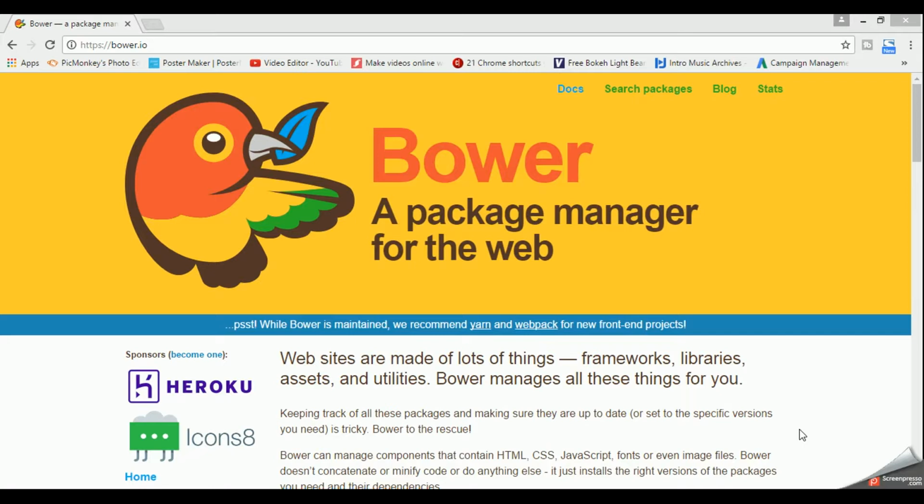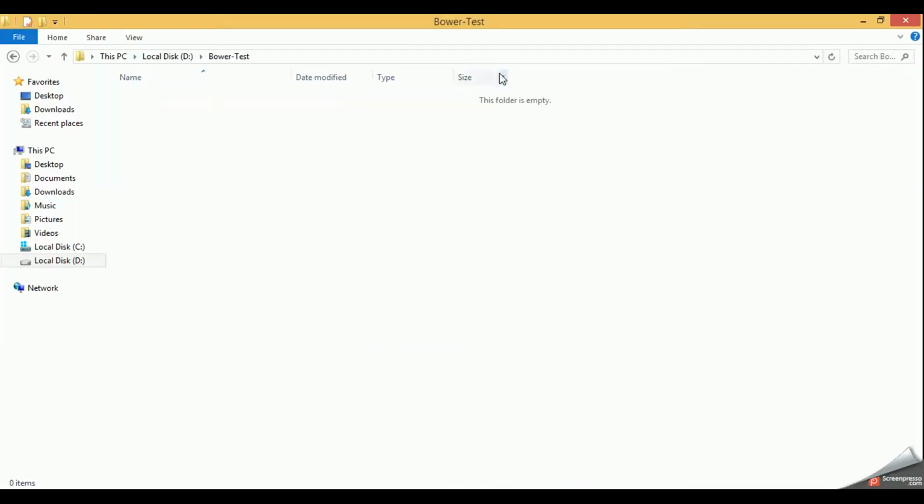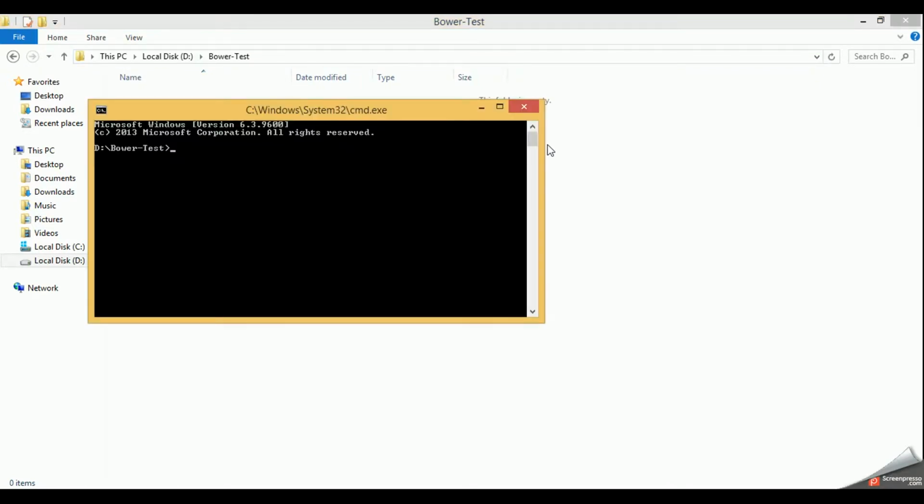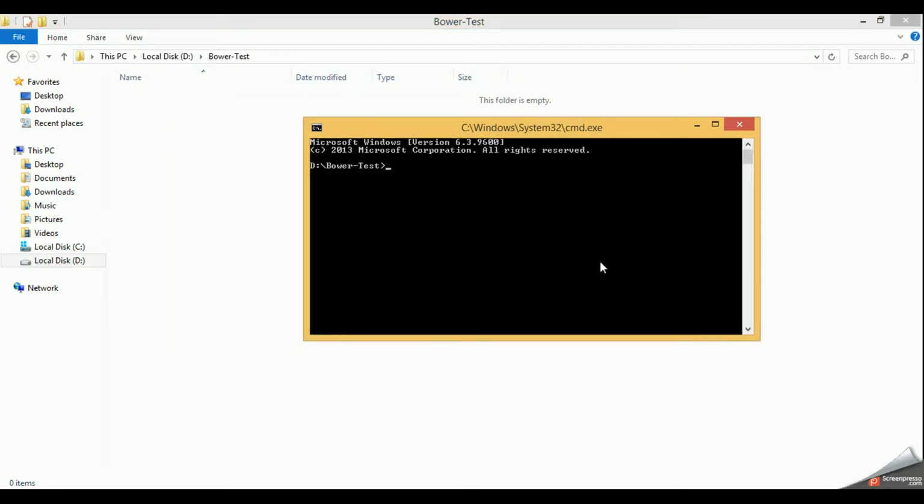So once you have Node.js and NPM installed, how can you check that they are working fine? For this video example I created a test folder called bower-test. I open a command prompt in this folder and type node -v. It returned the Node version installed on my machine.